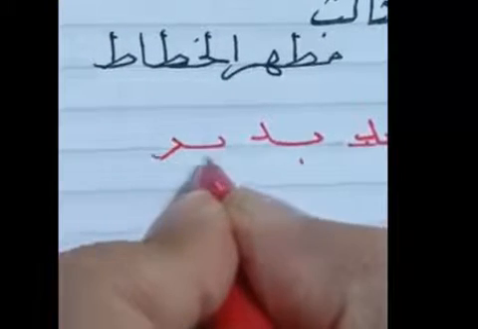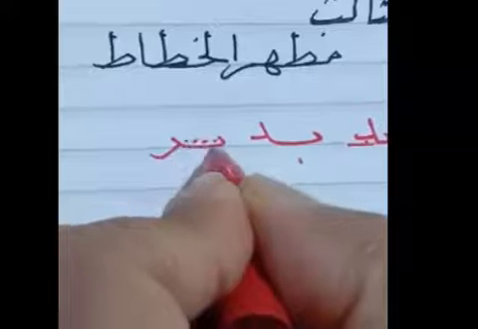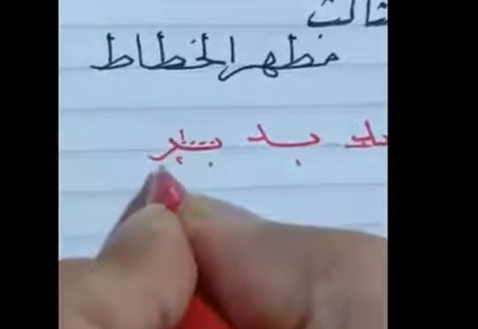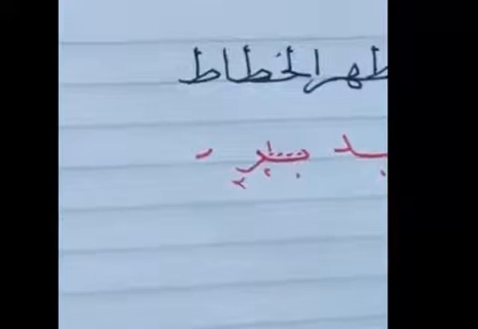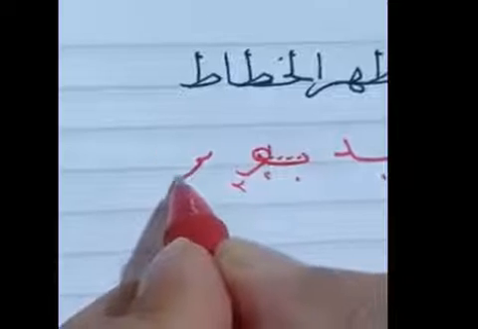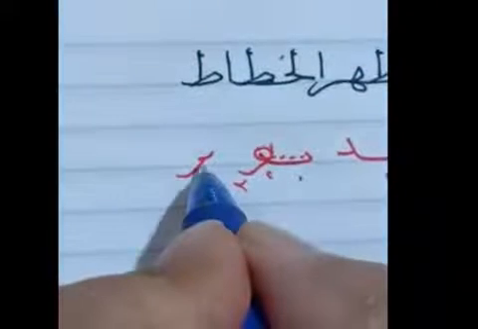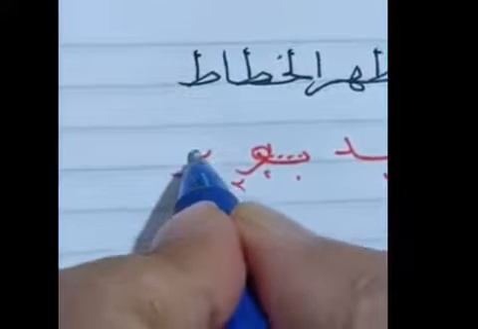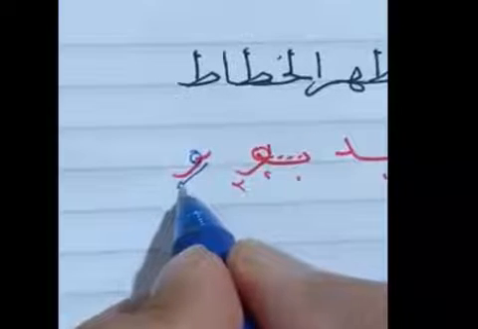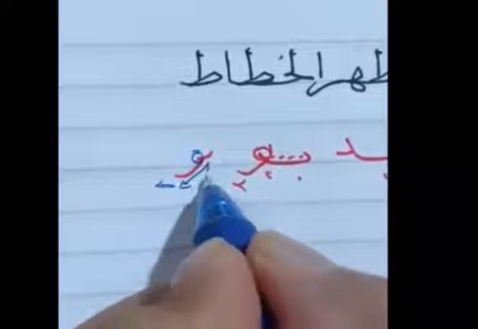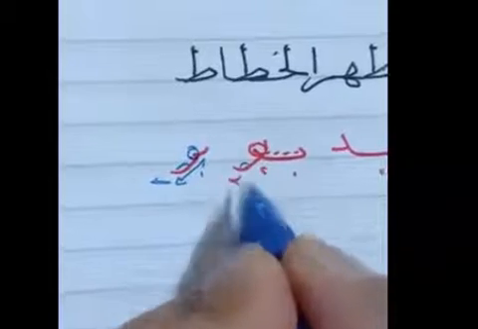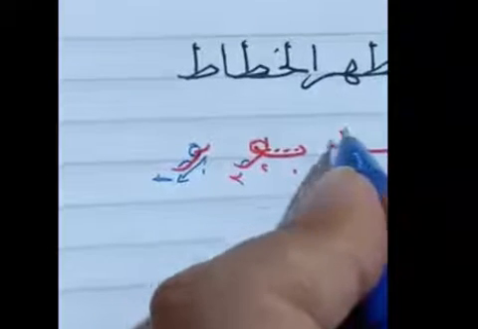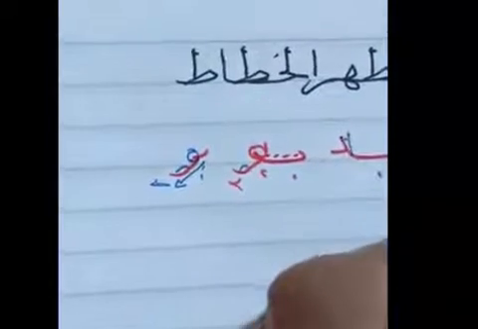Ba with the ra, so this is 1, move 2, 3. When the ba is long, the ra should have 3 moves. When the ba is small, like this, very small, okay, I'm going to make ra like this. This part should appear very well, and this should be like 2 dots length, and this should be like an obtuse angle. Dal has a little bit of inclination to the left.